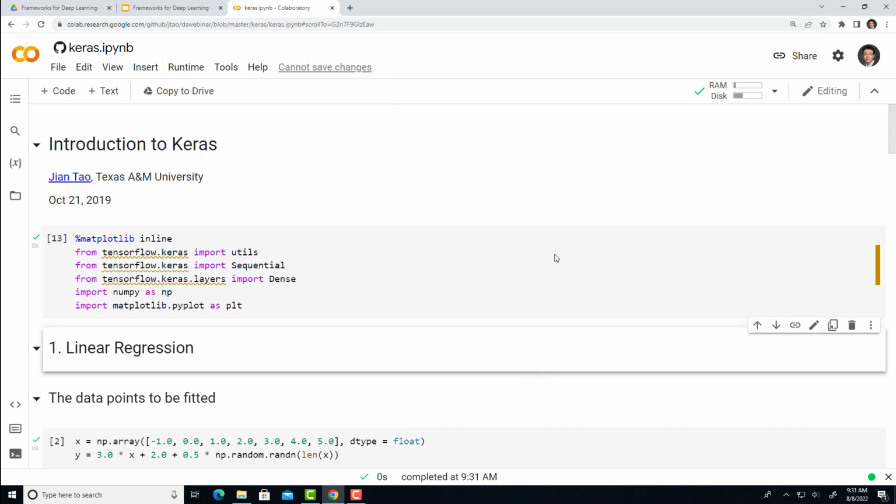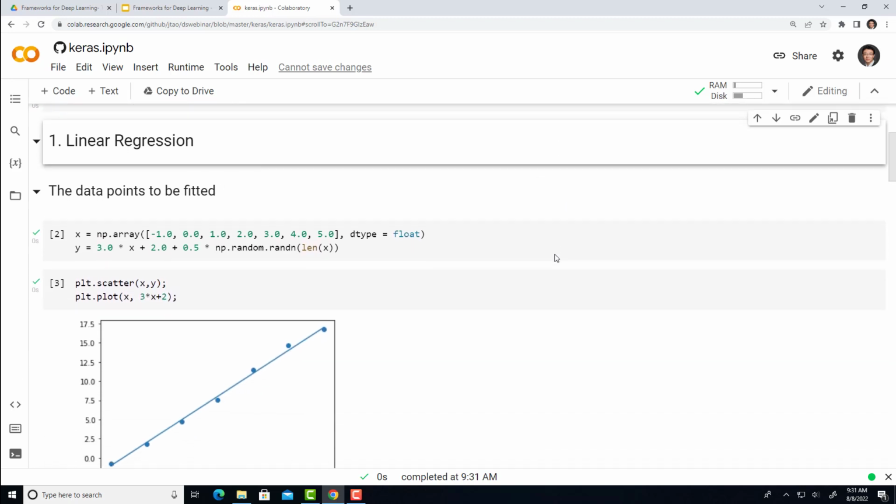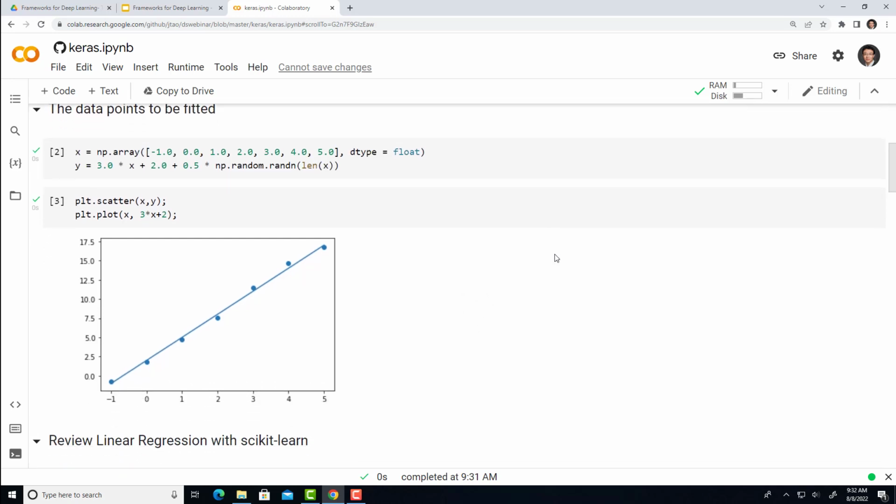In this Jupyter Notebook, we'll show how to build a linear regression model using Keras. We start by creating a dataset. The dataset here is simply an X array, an input array from -1 to 5. Then we have a Y constructed with the formula 3x plus 2 plus a random number. This random number is generated for every data point, so you have the variation as I show in this plot. The line here is the 3x plus 2 line, and all the data points are spread around it, using the scatter plotting function to pull out the XY position of all the data points I have.